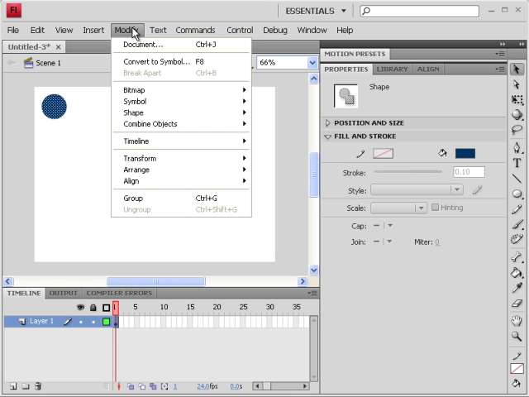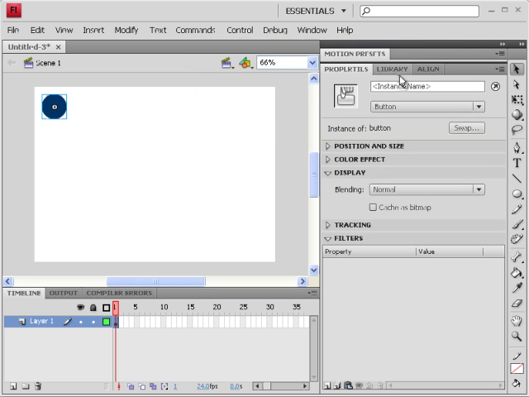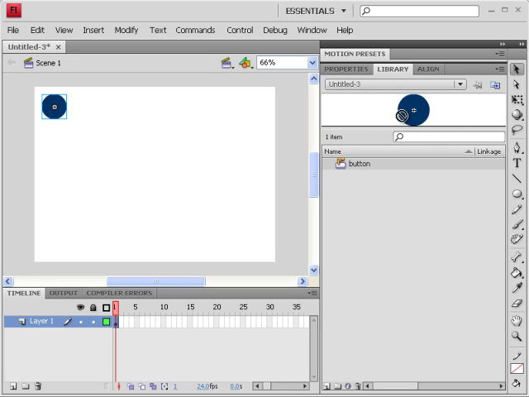Modify, convert to symbol. And I'll call it button and make sure the type is button. Okay. I need two more of these, so I'm just going to drag two more from the library. There we go. I'll call this layer buttons